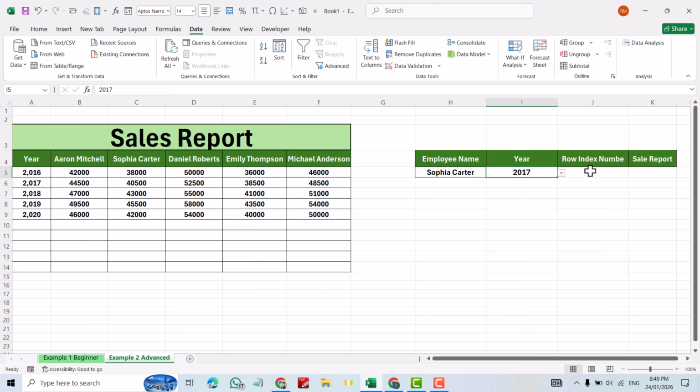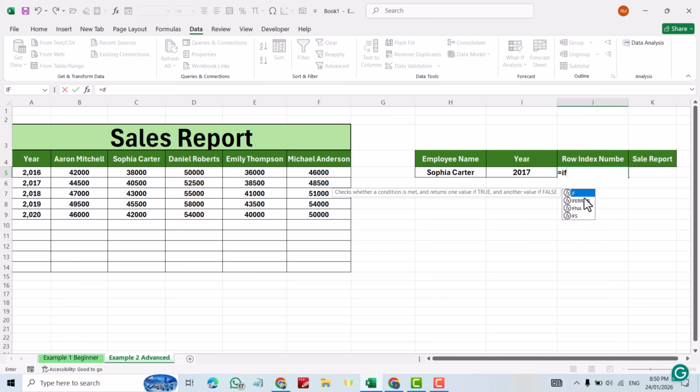Row index number for HLOOKUP, row index number. For example, if I want 2017, row index number equal to 3. For 2018, row index number is equal to 4. For 2016, row index number equal to 2. So I have to make a formula to find the row index number. Just I use the IF formula, equal to IF, click this one, if this cell equal to this one, so row index equal to 2, because it is the first row, that's the second row, it is 2. Comma, again IF